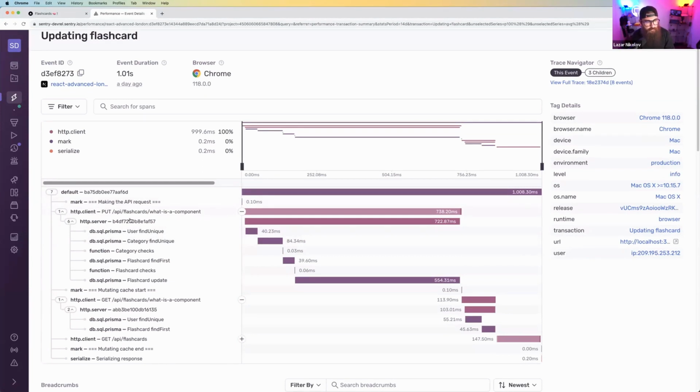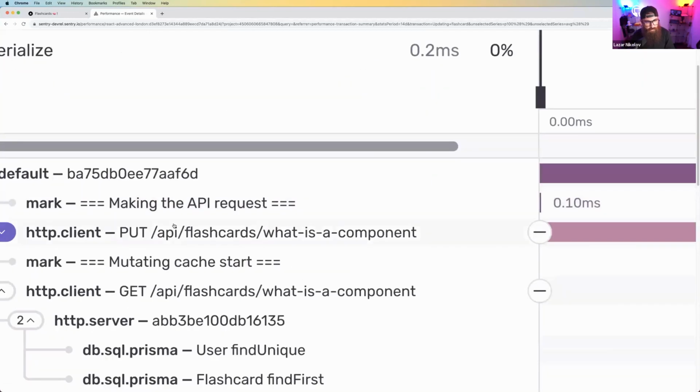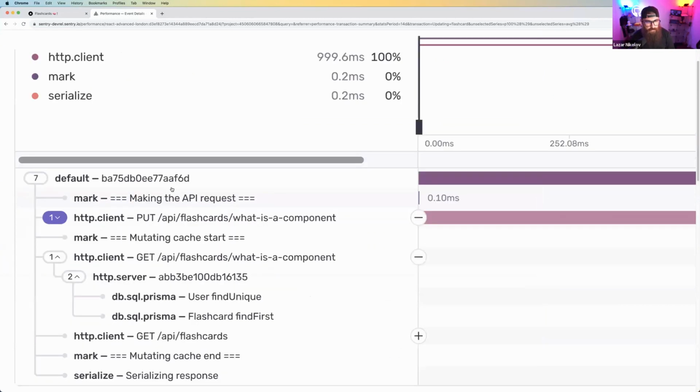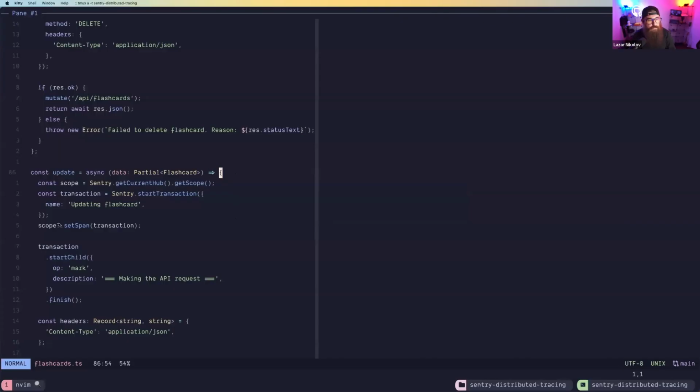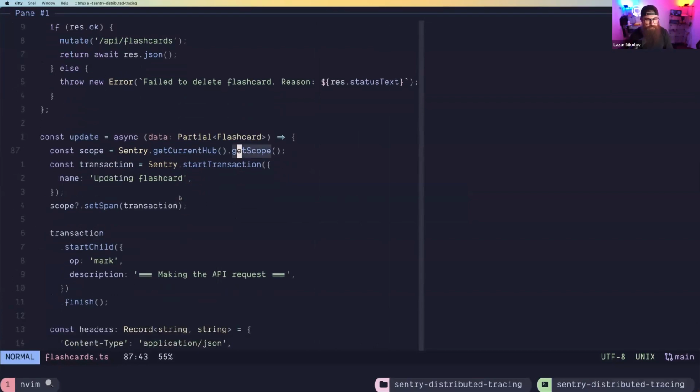First we have a mark request, sorry, span, and this span is a timeless span. Basically, this is making the API request. We're initializing the API request, and then we have a mutating cache start, and in between we have the HTTP client. So let me open the code. Here's the update hook. Let me just zoom in. There we go. So this is the update hook or update method